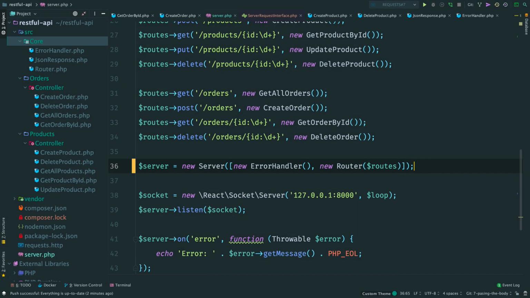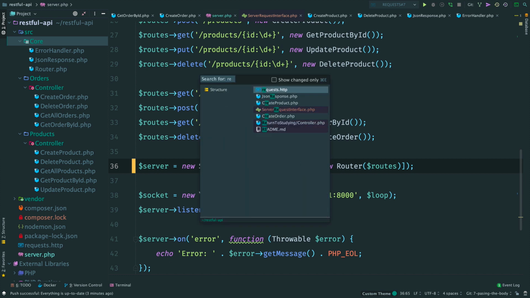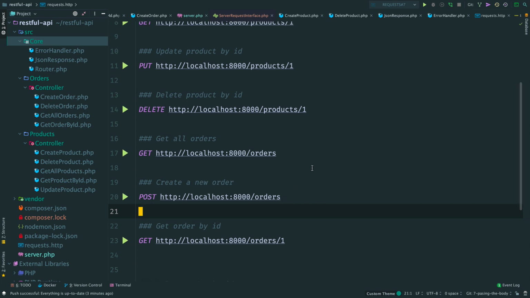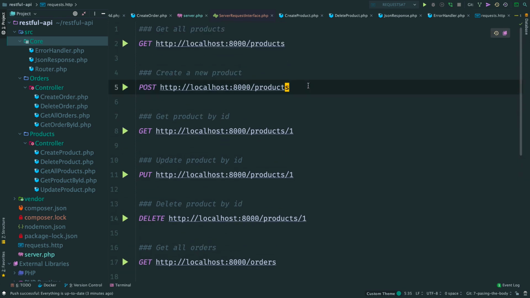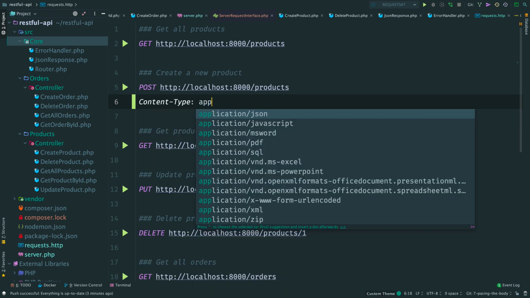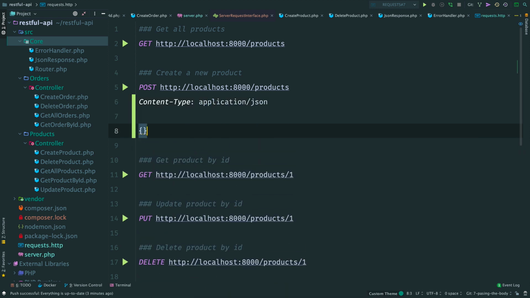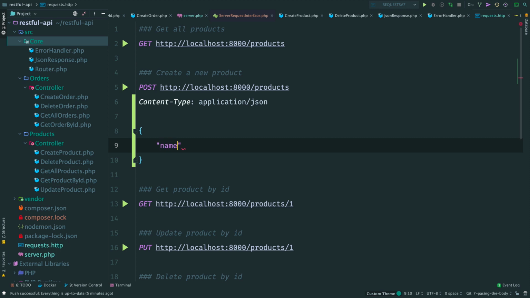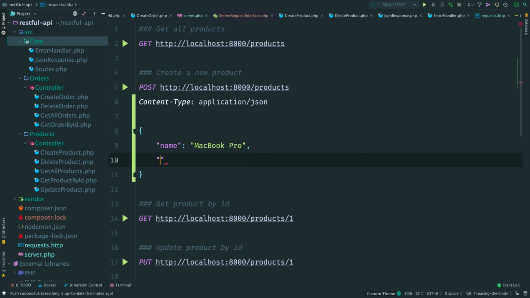In this video, we will have a look at how we can extract the body from the incoming request, for example from a post request. Open request file, and here in create product request, let's send a JSON object. We provide a header, content type application JSON, then we provide a JavaScript object that contains JSON data I want to send. There I want to send a name, MacBook Pro, and a price, let's say